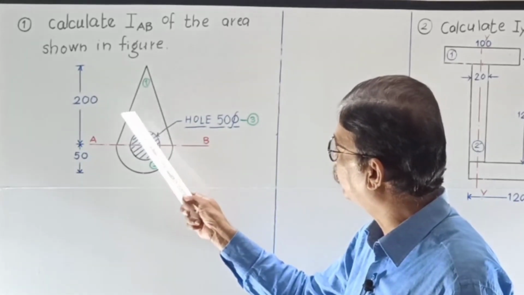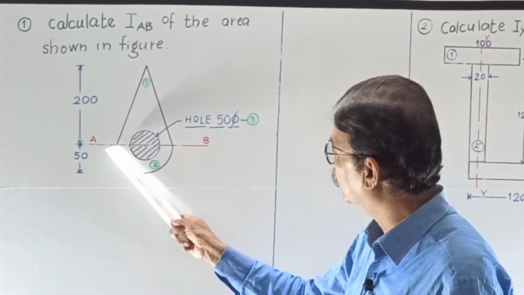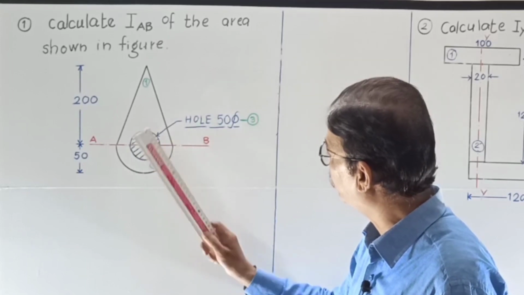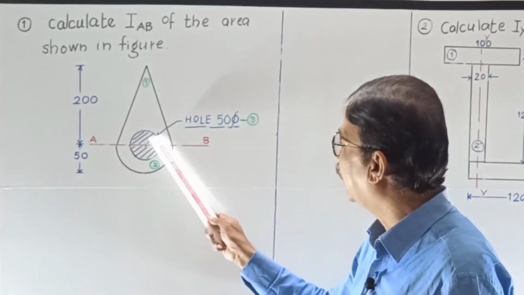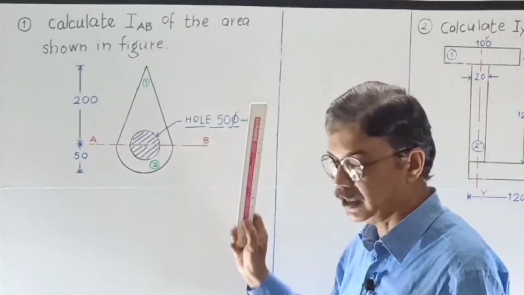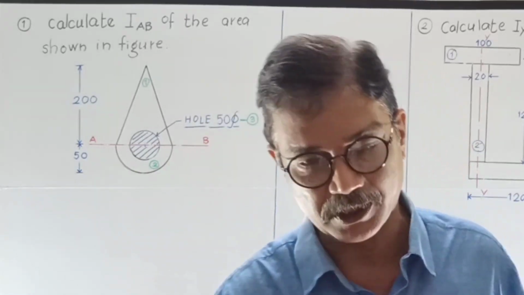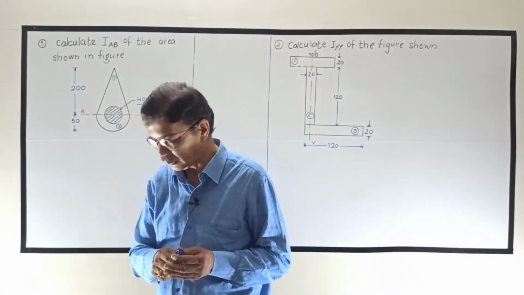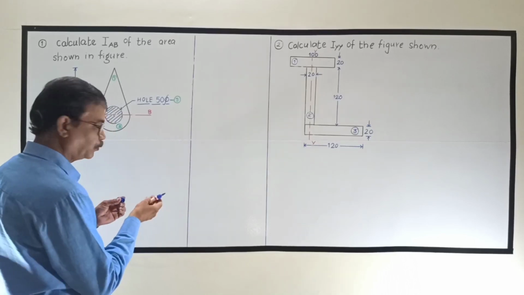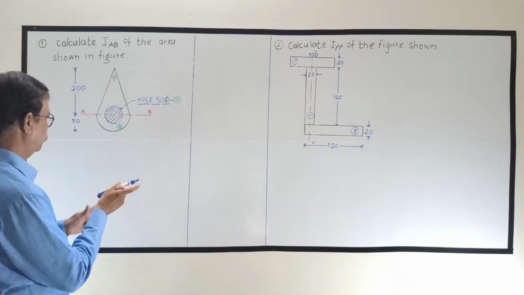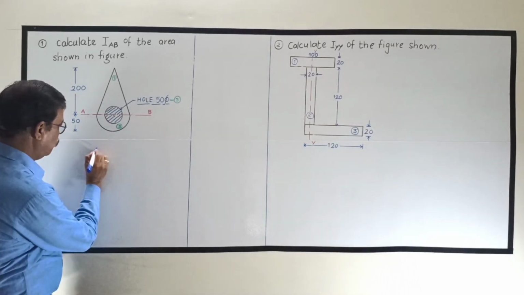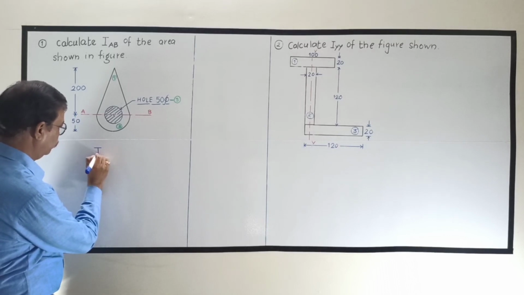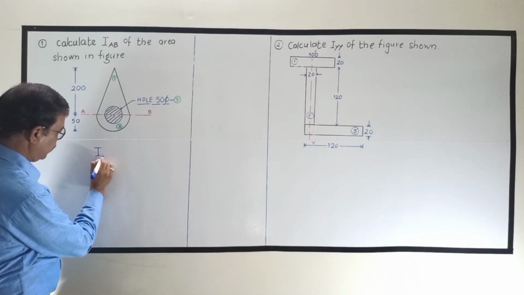So for the triangle we will calculate about the base, for symmetrical we will calculate about the base using the standard formula, and for the circle we will calculate about the diameter. Okay, so let us write IAB is equal to, please see carefully,